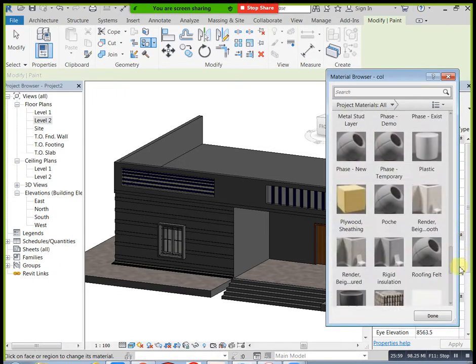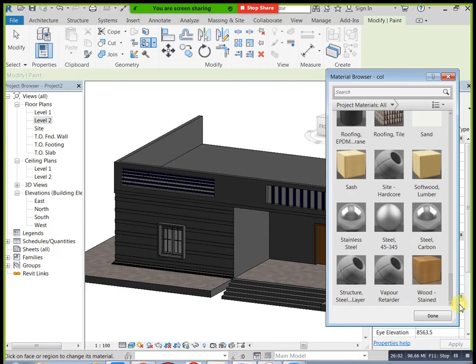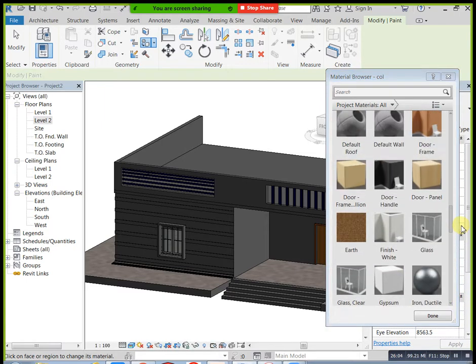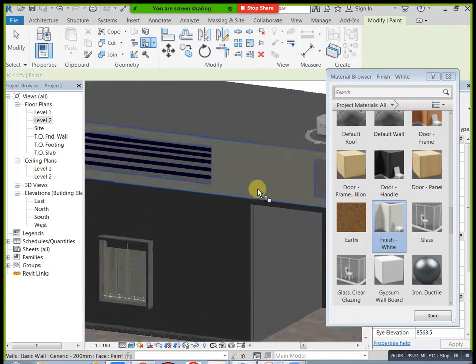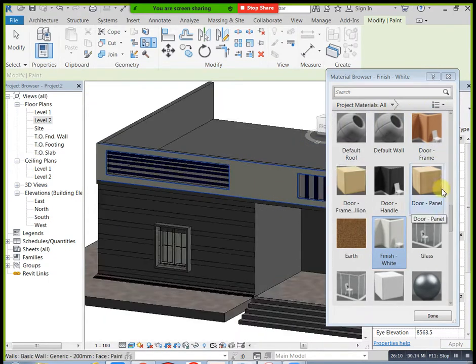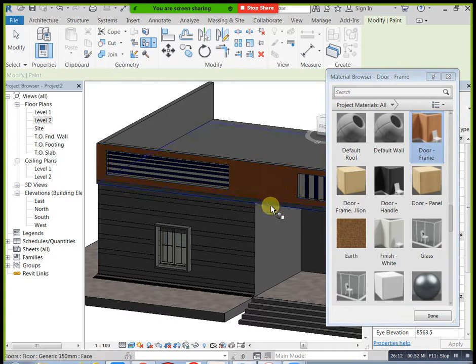Next, I need this color, you can apply for this, here also. Next two sides I need white color. Okay, white color.